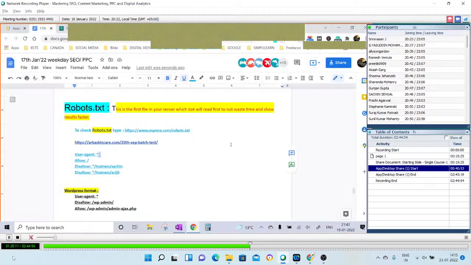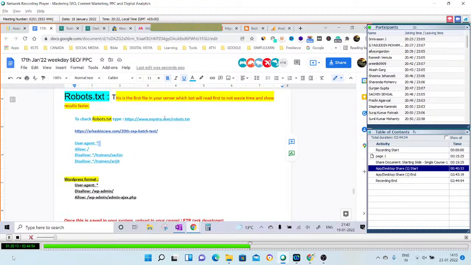I think people were asking about the steps also. Like I have checked for Myntra, I've given you the example here too.